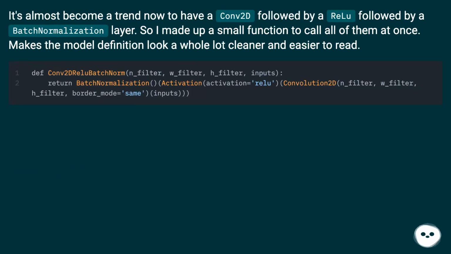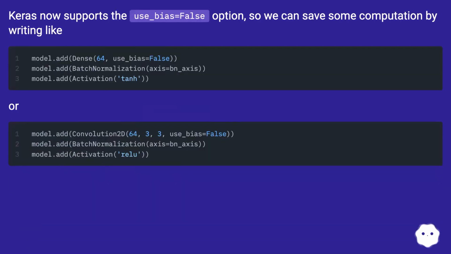It's almost become a trend now to have a conv2d followed by a relu followed by a batch normalization layer. So I made up a small function to call all of them at once. Makes the model definition look a whole lot cleaner and easier to read. Keras now supports the use_bias equals false option, so we can save some computation by writing like